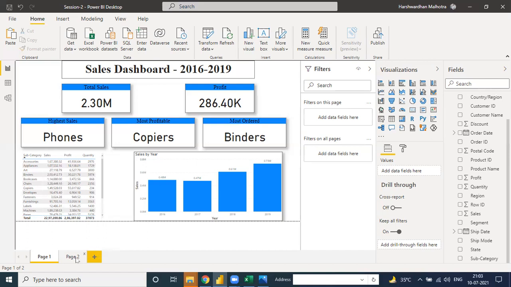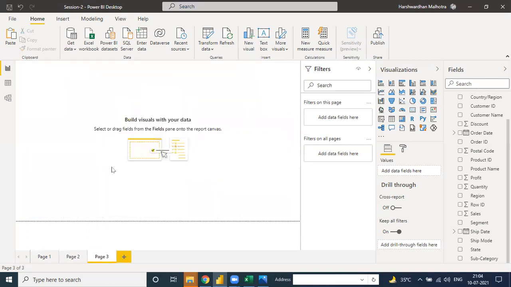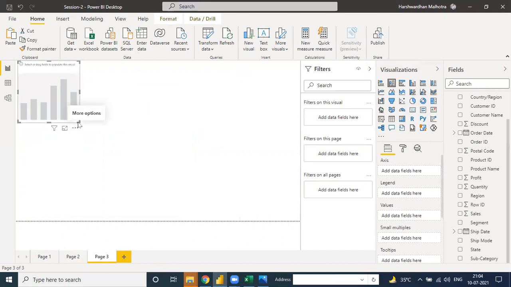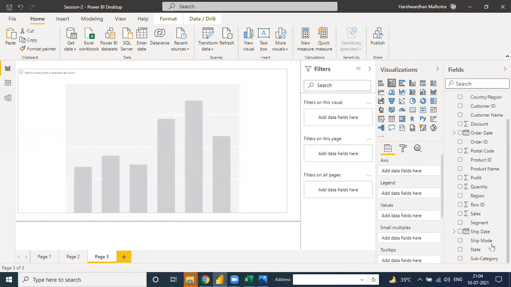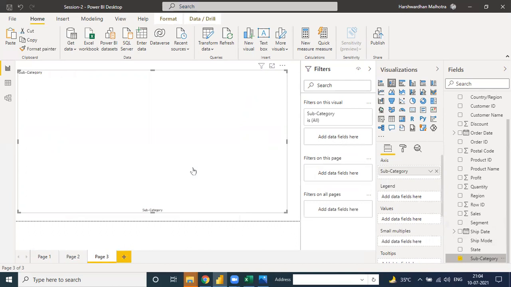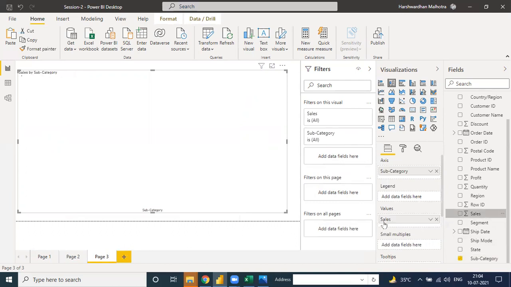See, the next part is to create one of the charts. I have shown you one of the stacked column charts. Okay, a simple column chart. See here, move by subcategory, and the next one is sales in the values.